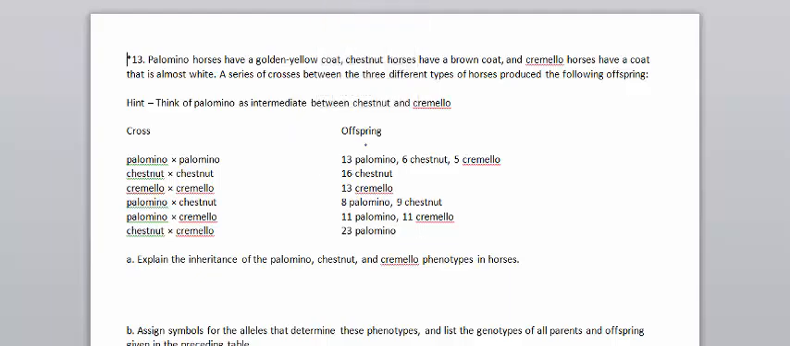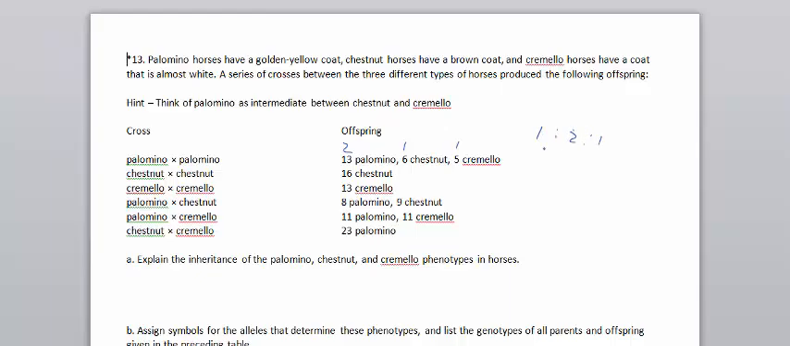but sometimes these are a little tricky because you have to look at this and figure out what the pattern is, and you're not necessarily given the pattern. And so in this case, we see palomino cross to palomino. We get 13 palomino, 6 chestnut, 5 cremello. The idea is that 13 is almost close to twice as much as this, and so this looks like 2 of these, 1 of these, and 1 of these, and so that looks like a 1 to 2 to 1